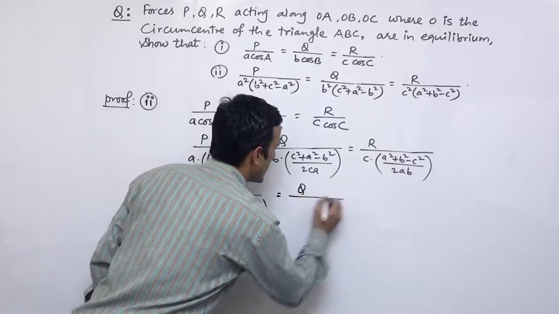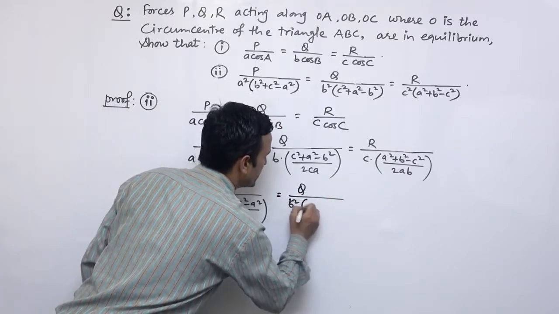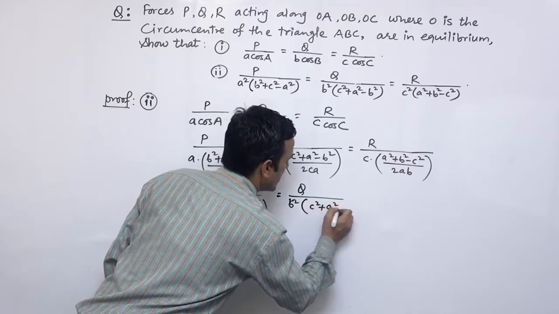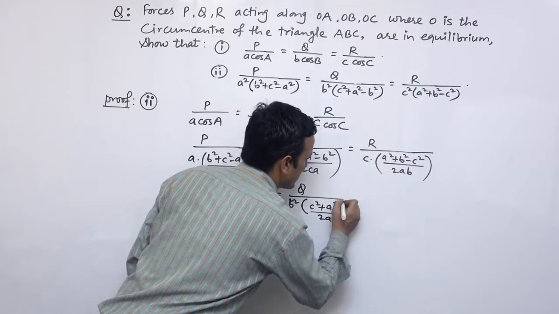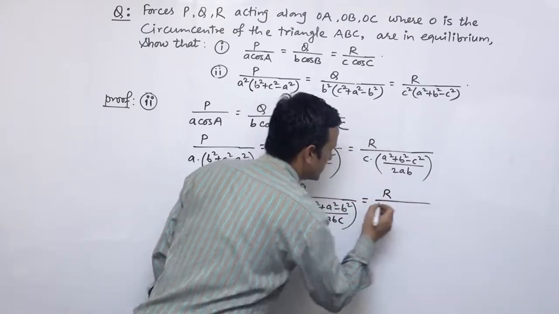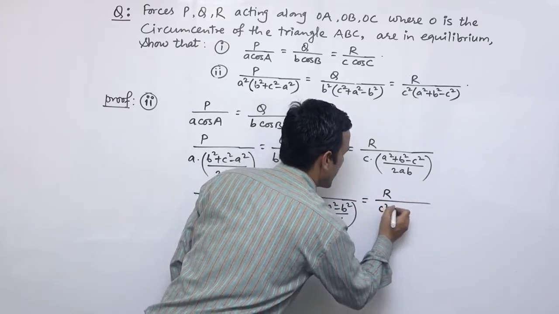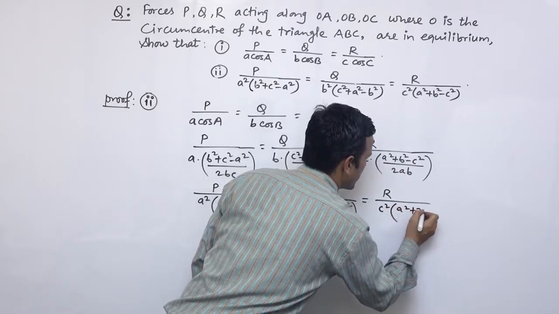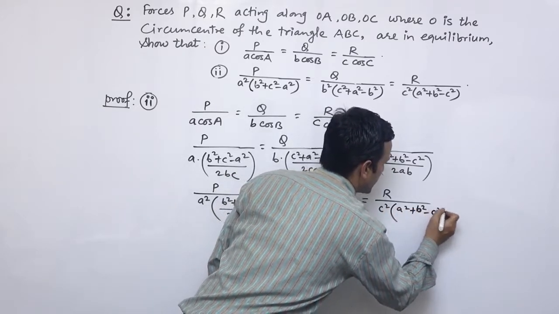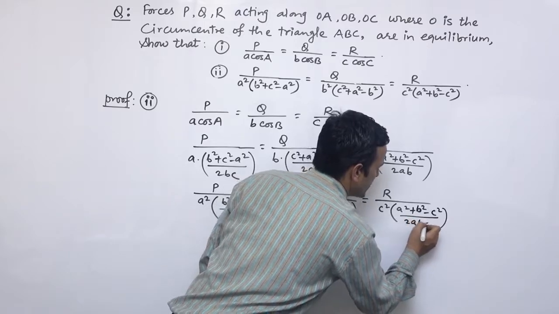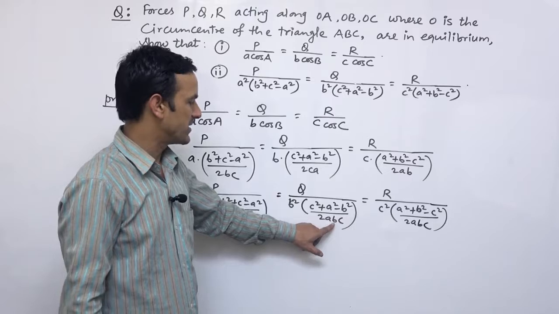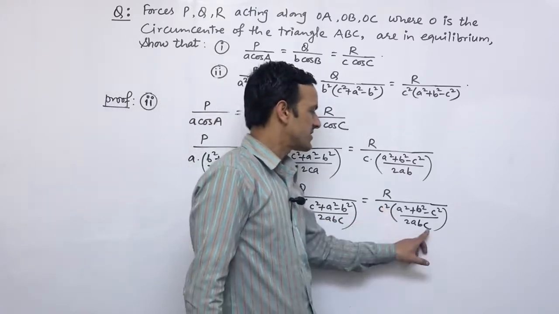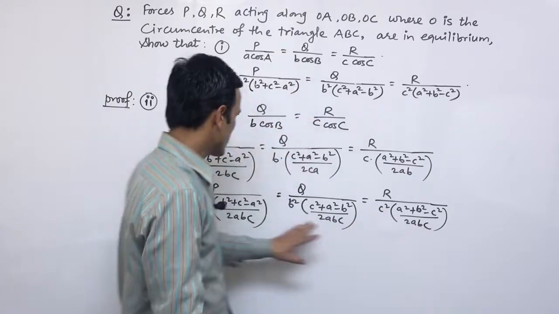Similarly Q upon यसमा B square थप दिने, अब C square plus A square minus B square divided by 2ABC, and R upon C square A square plus B square minus C square divided by 2ABC. यसमा C ले मल्टिप्लाई गरे मैले, यसमा B र B ले मल्टिप्लाई र डिवाइड, यसमा C र C ले मल्टिप्लाई र डिवाइड. यसो गर्दाखेरि हाम्रो यो